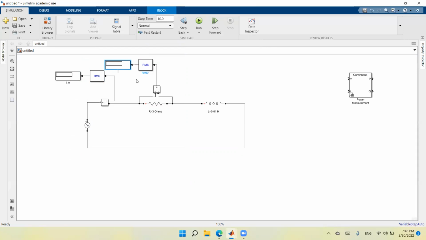So I will call it VR. VR is measured in volts. So this will be the voltage across this resistor. So I need to have the same block to do it across the